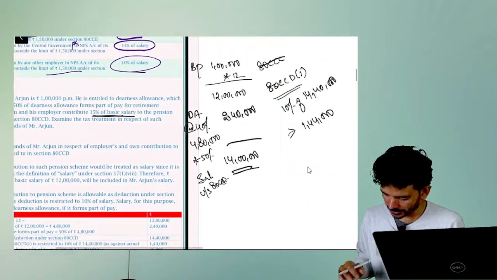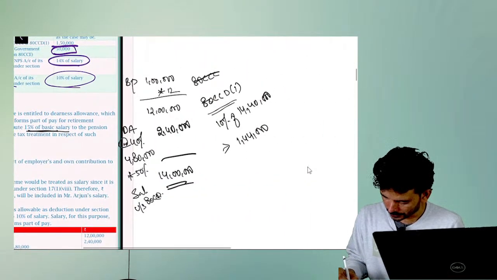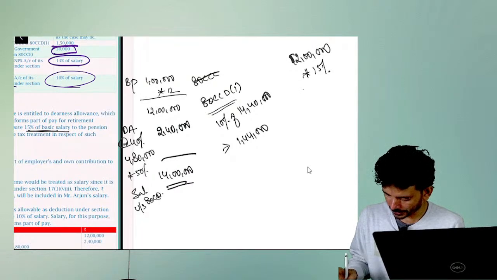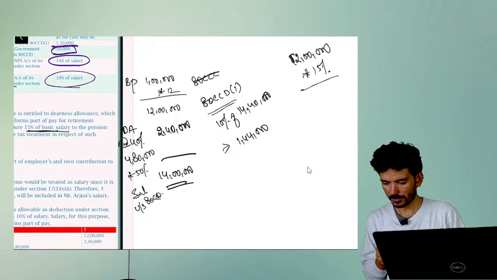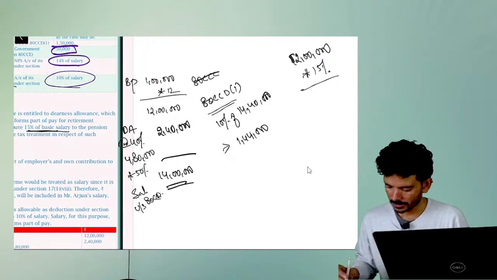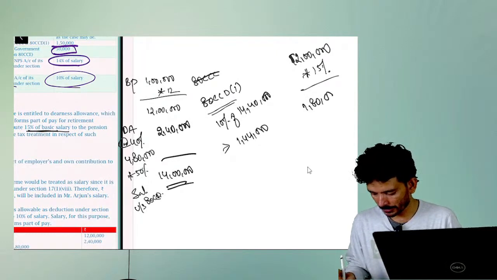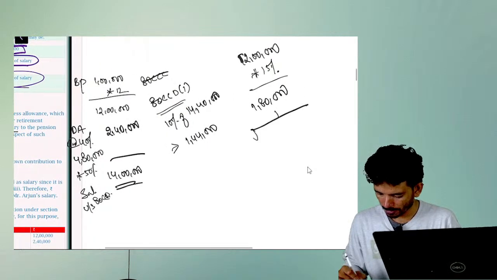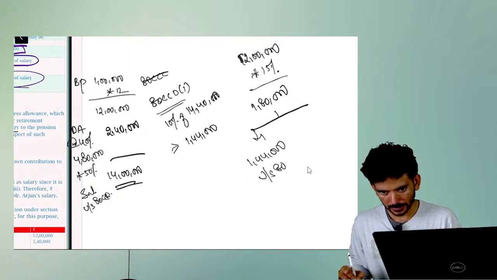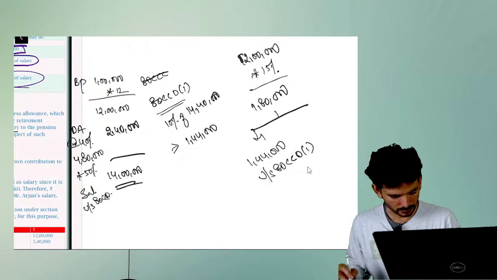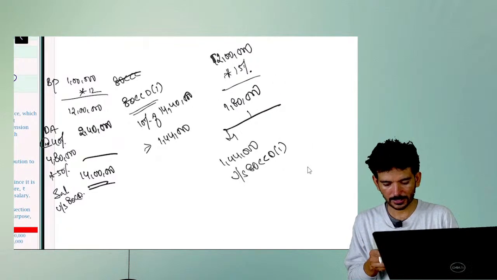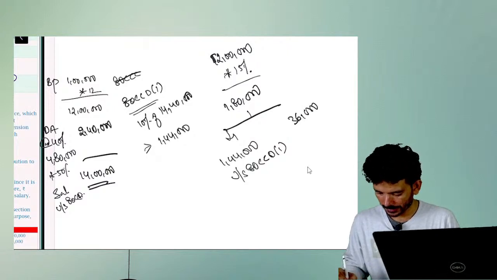So 15% of the basic, that is 12 lakh multiplied by 15%, so 1,80,000 he is contributing. Out of 1,80,000, 1,44,000 you can claim under 80CCD(1), and the remaining 36,000 you can claim under